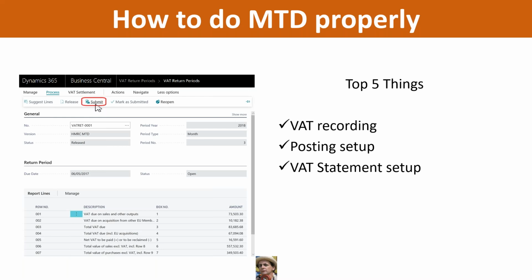Once you've got that VAT statement set up, reporting those VAT transactions that you've recorded correctly on your system, then it's time to do a reconciliation. Do your manual calculation of what your VAT submission should be and compare it to what your system is now telling you. Or they're the same. Chances are they're probably going to be different.